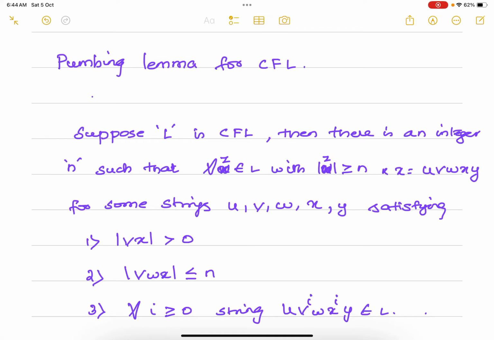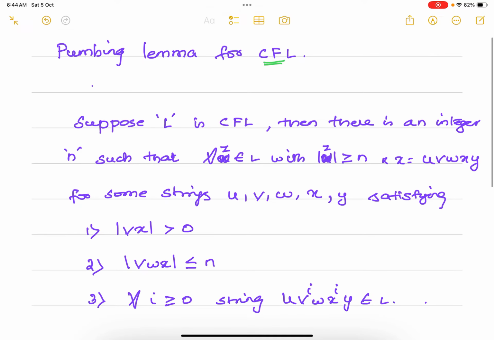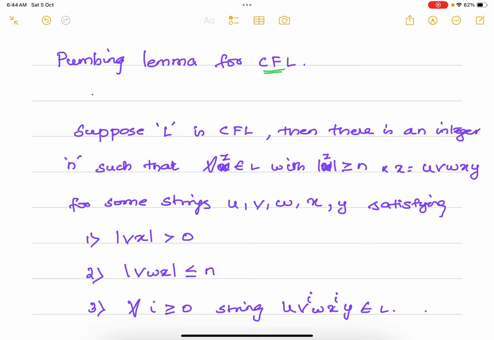Pumping lemma for context-free language. Just like the pumping lemma for regular language, we have a pumping lemma for context-free language. This will be very clear if you watch the video on the pumping lemma for regular language and then try out this one. Now, as with the pumping lemma for regular language, this pumping lemma for context-free language is used to prove that